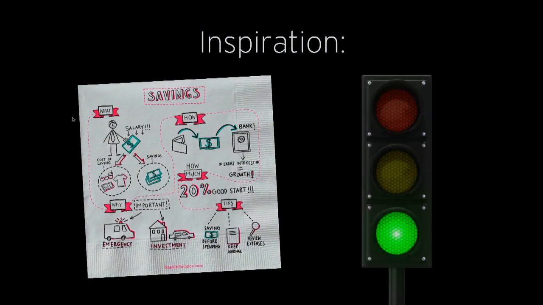So as I was thinking about this, I was thinking, hey, wouldn't it be great if I had an application that tracked my budget on a weekly basis and told me if I was on budget, if I was approaching my budget limits, if I was in danger of going over, and then giving me back the responses in a very simple and easy-to-use format, just like a traffic light, red, yellow, and green.